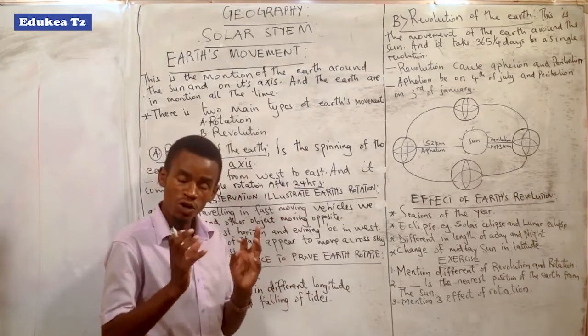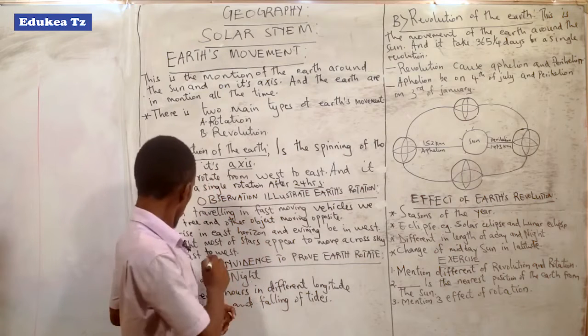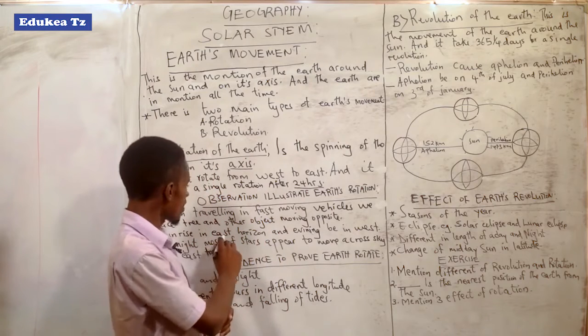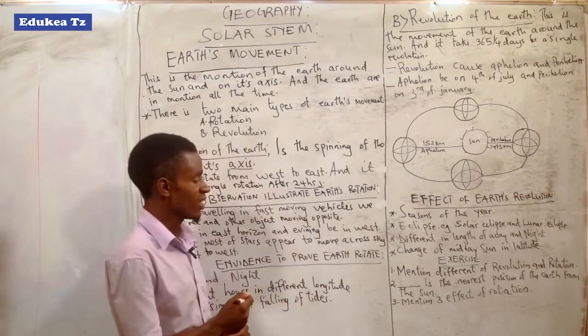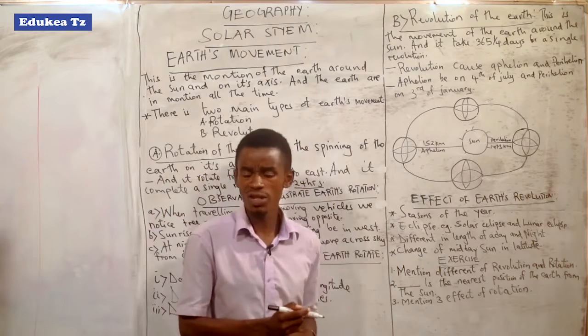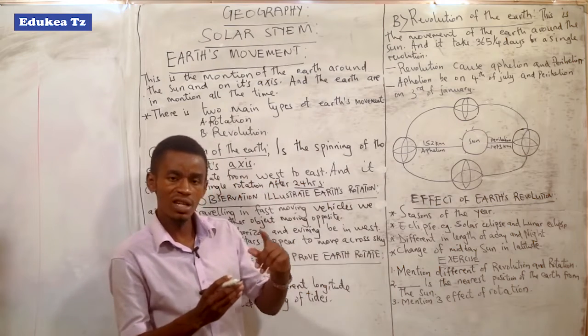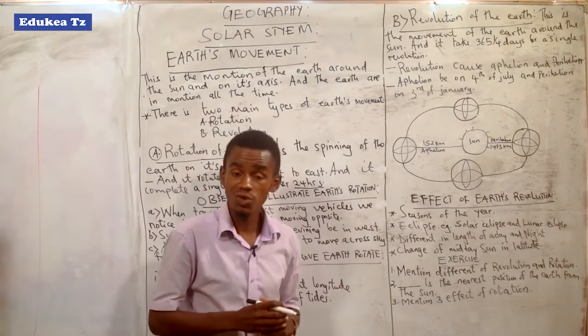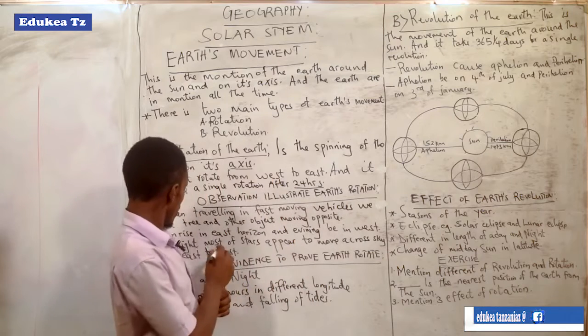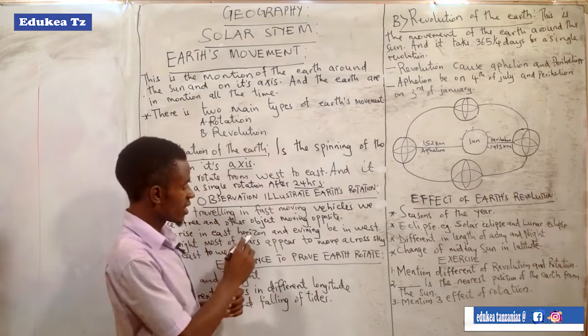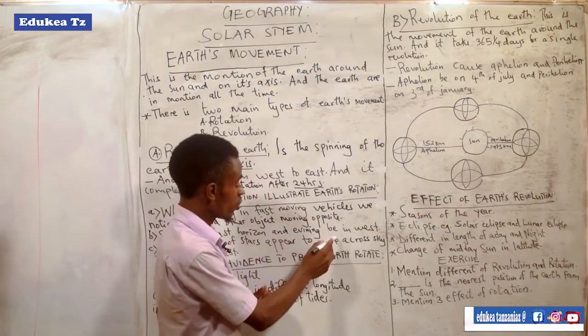No, it is moving on its axis. Or another observation is that the sun rises in the east horizon and in the evening it is in what? In the west. So as we note, the sun rises in the east and comes to set in the west.